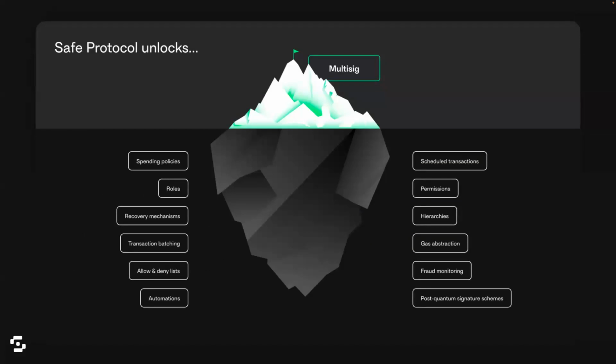Probably the vast majority know Safe as a multi-sig wallet, and it is a multi-sig wallet, but this is just the tip of the iceberg. And this is what Safe is known for. However, a smart account wallet, account abstraction is a little bit more. You can customize your smart account to have spending policies, roles, recovery mechanism, transaction batching, automation, permissions, hierarchies, gas abstraction, fraud monitoring, etc. This is all with the idea also to make the user experience in Web3 way more